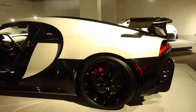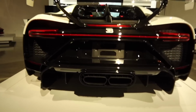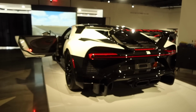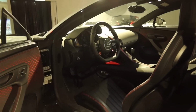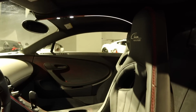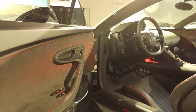You'll notice at the back of the car, it's got a radically different rear end, really cool wing. Check out those exhaust tips. This is the car that you would take on the track out of any Bugattis ever made. Still 1,500 horsepower. Now, interestingly enough, top speed is down from its 280 or 300 mile an hour potential in the Super Sport to only 217 miles an hour because it's got that added downforce and it's meant to go